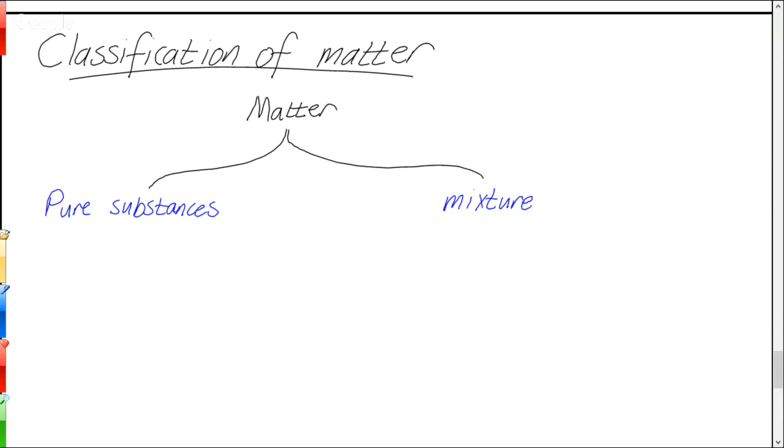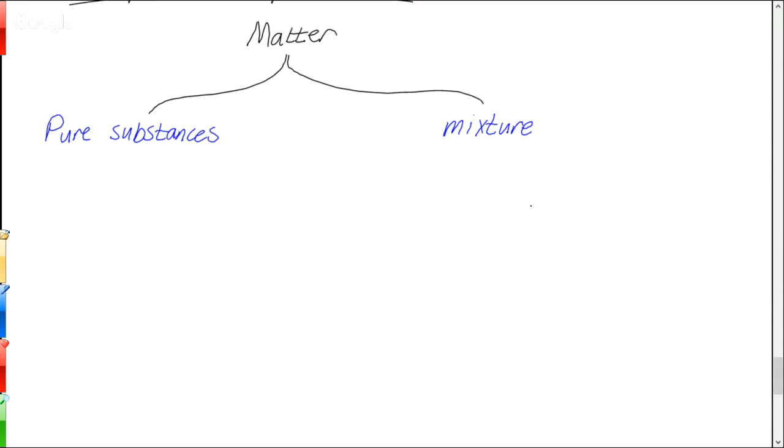So let's break it down into the next categories and then we'll try to make a little bit more sense out of it. So pure substances can be broken down into 2 categories. And the 2 categories are elements and compounds. So water actually does fit in this category because it's a compound. Elements are only one type of atom, and compounds are more than one type of atom, but the key is that they are chemically bound together.